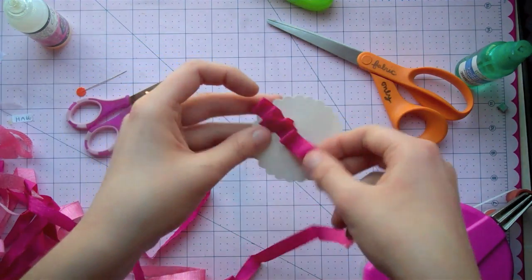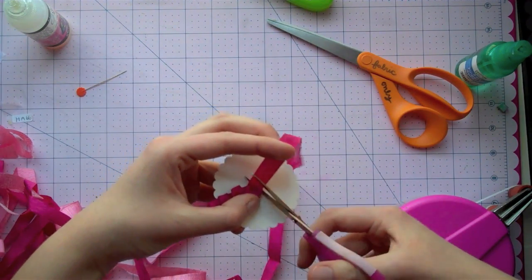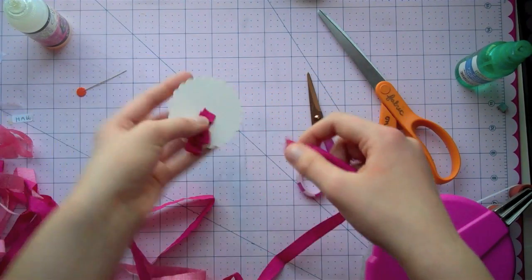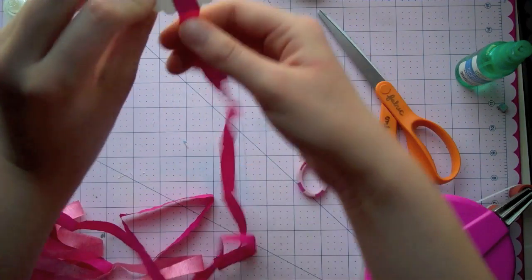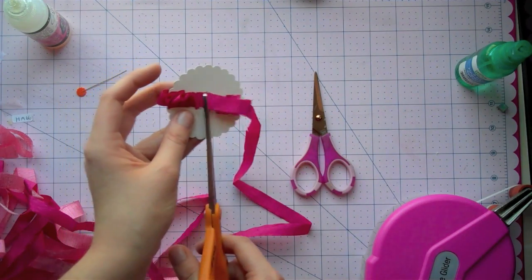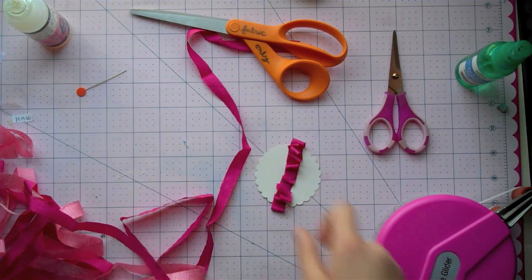And then once you get to the middle, you can just cut it off. We're going to use our fabric scissors for this. Cut it off, and then you can start again from the other direction. So you make a stripe going all the way across the flower. And you can just cut it off in the middle again. So you have this stripe going across the middle of the flower. Next, what you can do